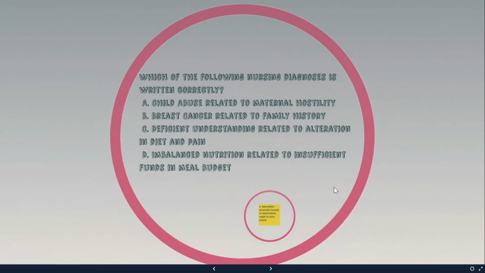If we look back at these, the first one contains a judgment statement that there's maternal hostility. We never want to put that in a nursing diagnosis. In addition, child abuse is not a NANDA approved nursing diagnosis. In B, you see breast cancer. Like I said, we would never use a medical diagnosis within a nursing diagnosis, so you can knock that one out for that reason. Hopefully, maybe you got it down to C and D and you were going back and forth, but